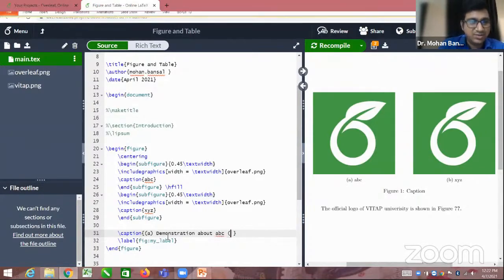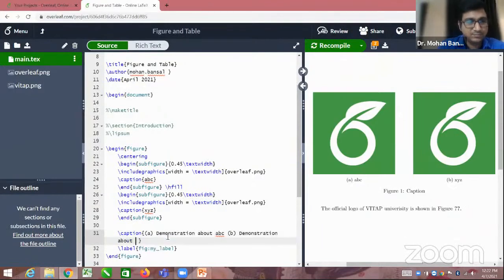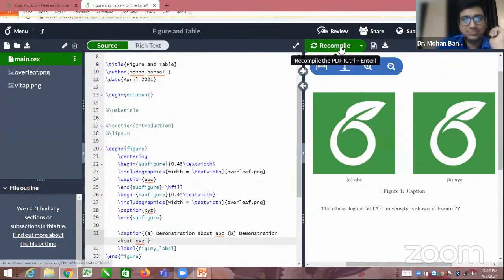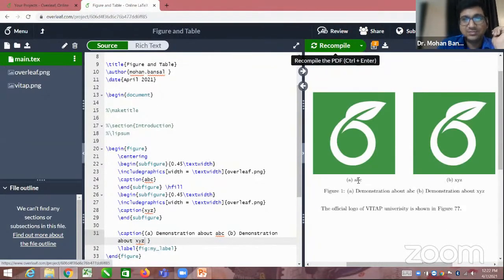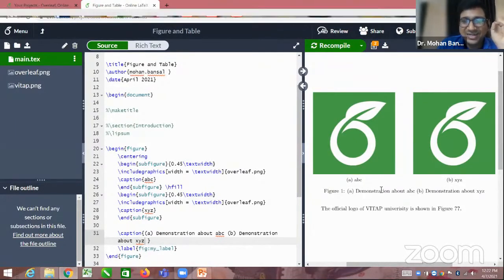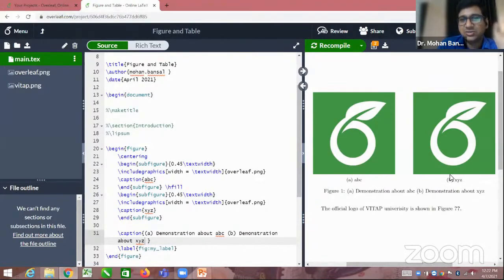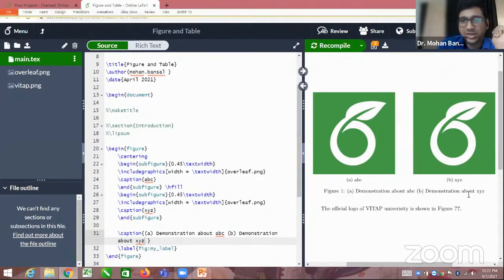Similarly, figure B is demonstration about XYZ. So this is perfect, good looking. This is figure A; in this caption you can give a little detail about ABC. This is figure B; you can write more detail here also.